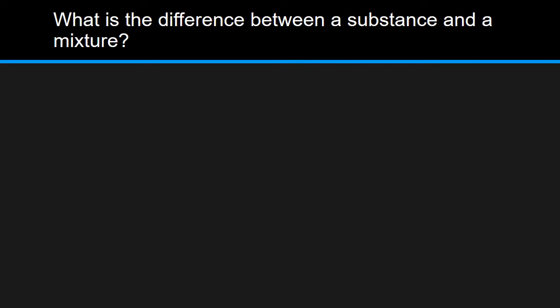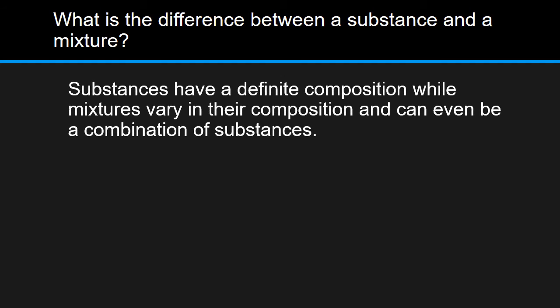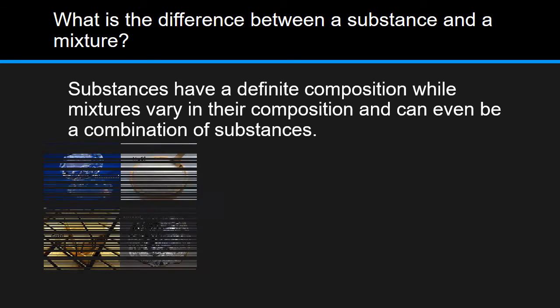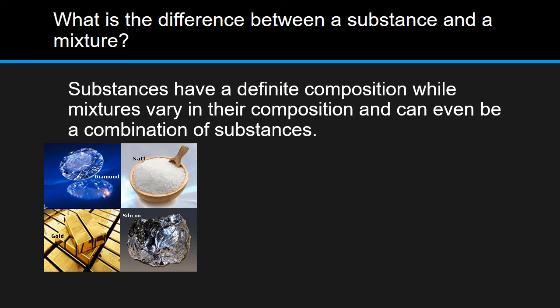So what is the difference between a substance and a mixture? Substances have definite composition, while mixtures vary in their composition and can be a combination of the two. We talked about that the other day. Substances can be diamond, table salt, gold, silicon, things like that. Well, a mixture,